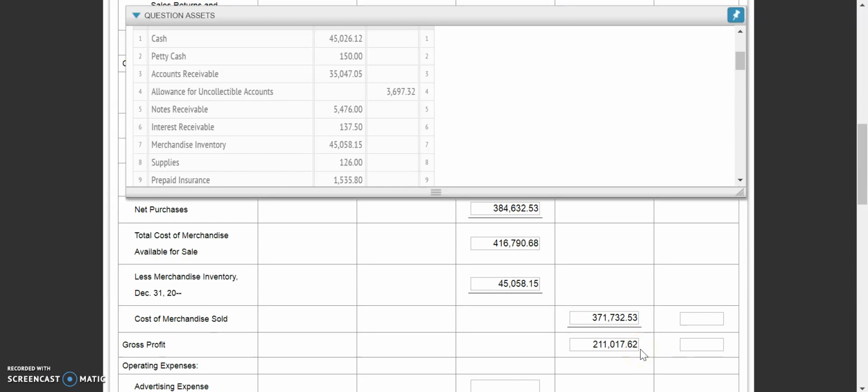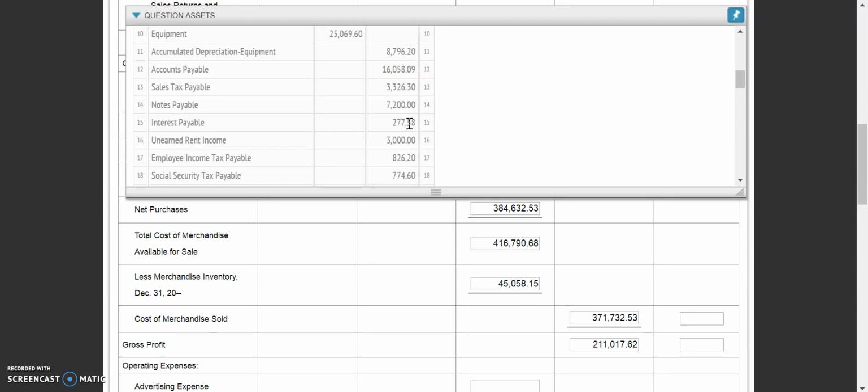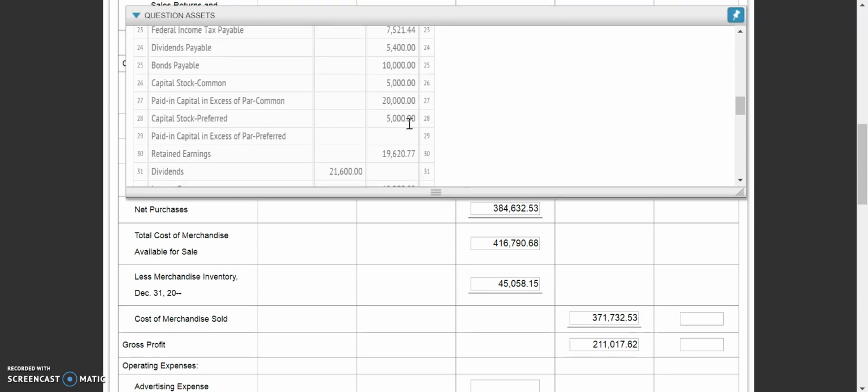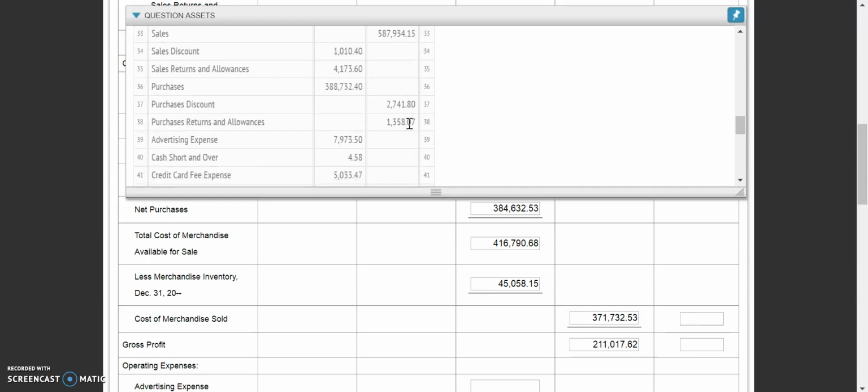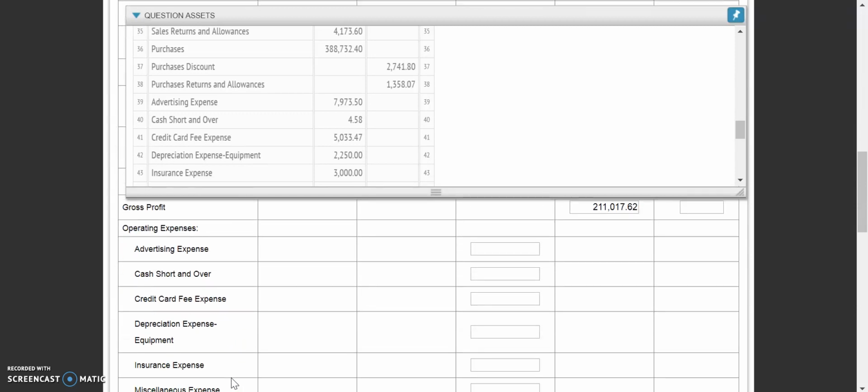Now, of course, there are a number of things that we need to pay in order to make our business run. So we need to take out all of our operating expenses. So operating expenses start with advertising. So we're just going to start with our adjusted trial balance. We're just going to run through all of these numbers right down the row. So we've got advertising of